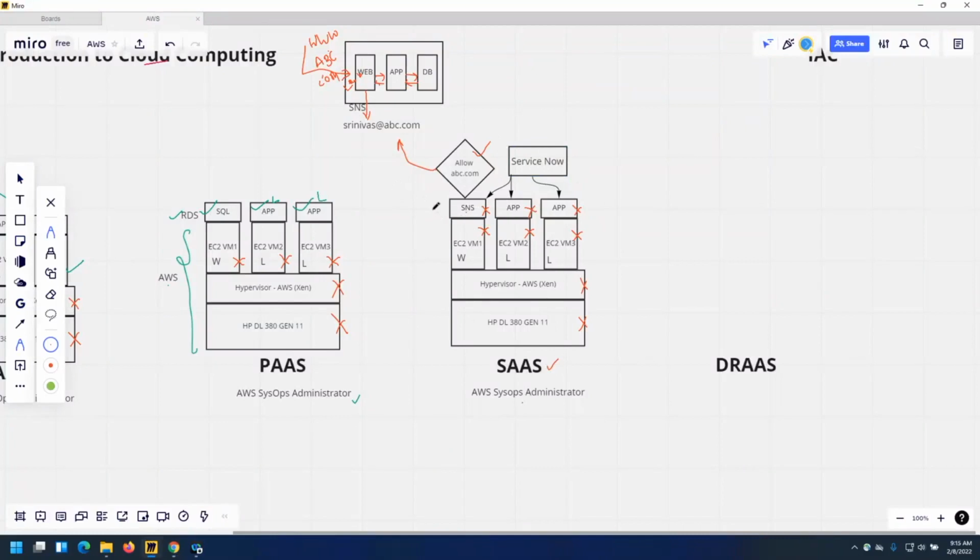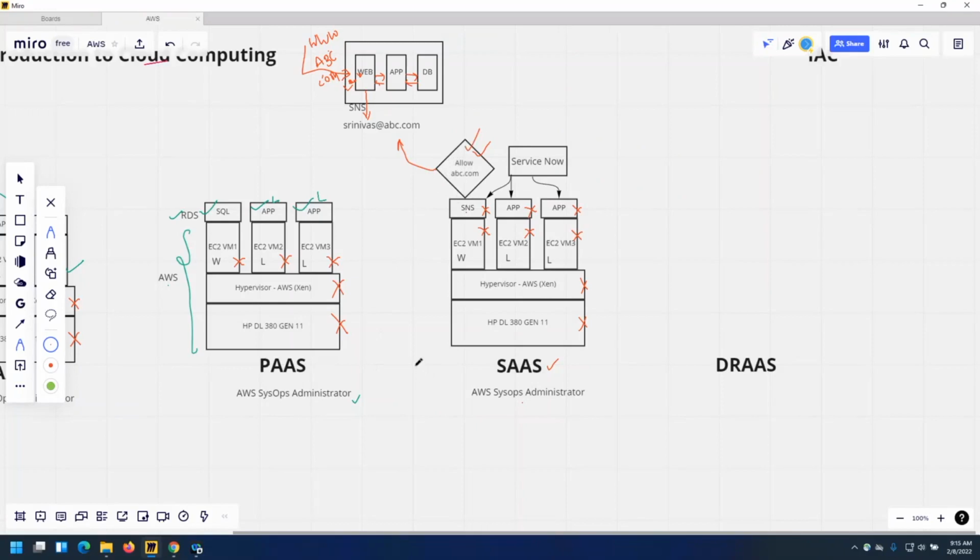If the user is very much interested in allowing the traffic towards the internet, right? If that is not the case, you need to adopt this SNS, which can send the order confirmation emails to the respective individuals, right? That is where your SaaS model will come into picture.